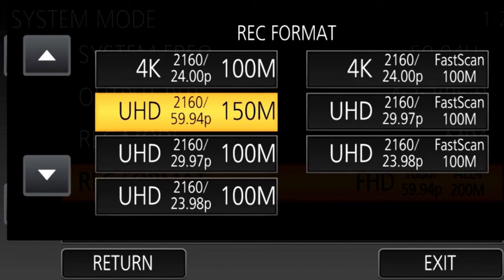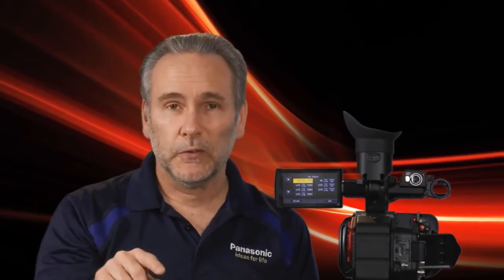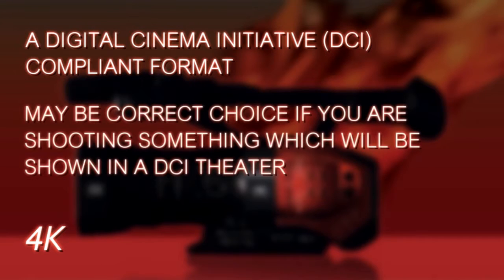So really, we're looking for film look, video look, or the 4K mode. The 4K is about the same image size as ultra high def. Instead of 3840 by 2160, it's 4096 by 2160. It's a little bit wider. Other than that, it's about the same. It's a Digital Cinema Initiative compliant format. So if you're shooting something that you intend to have projected on a DCI theater, this might be the right